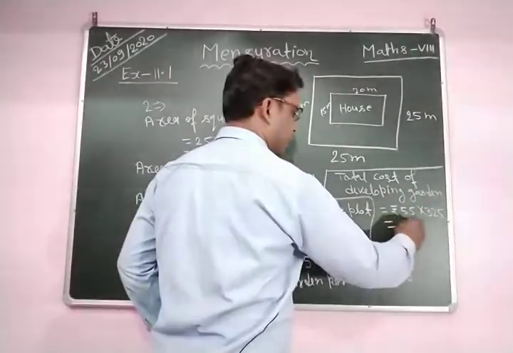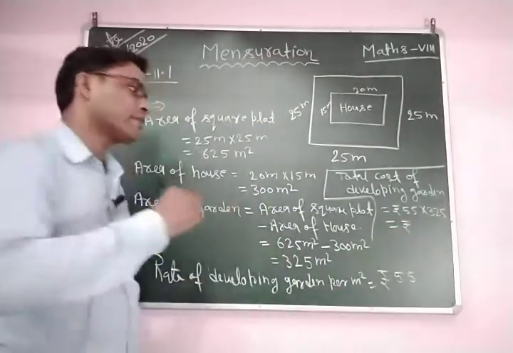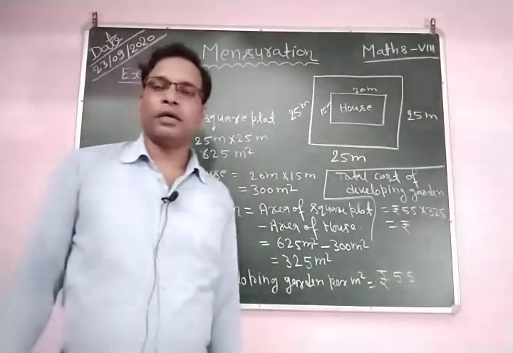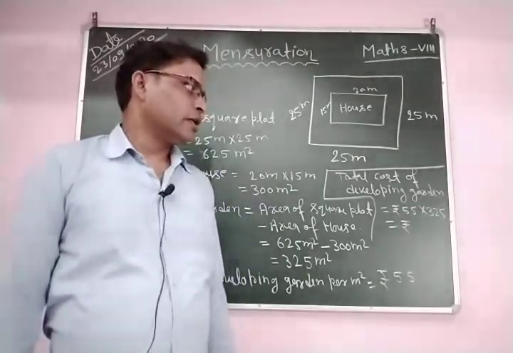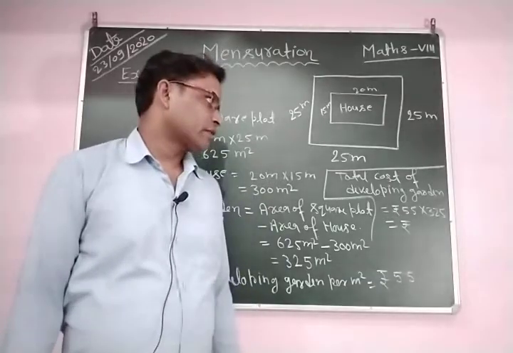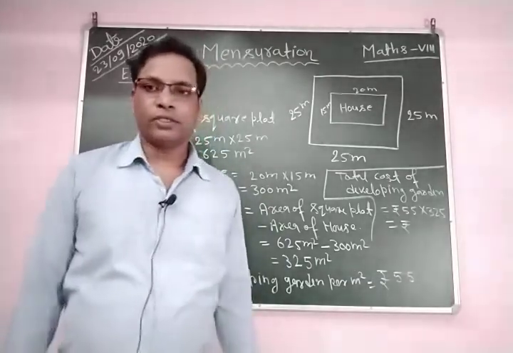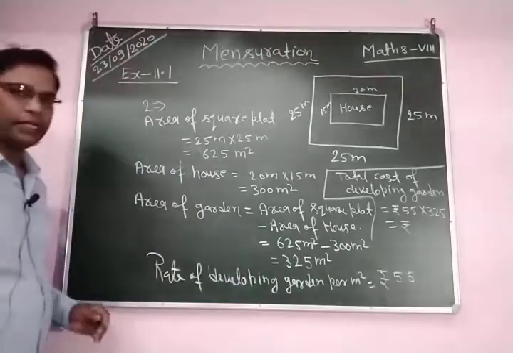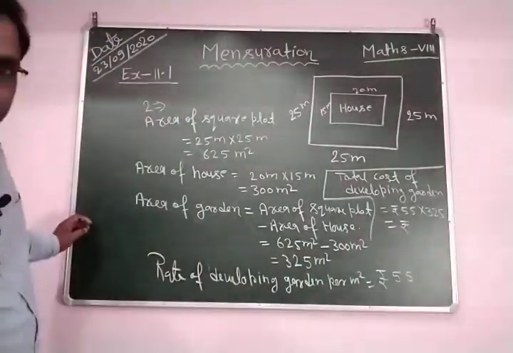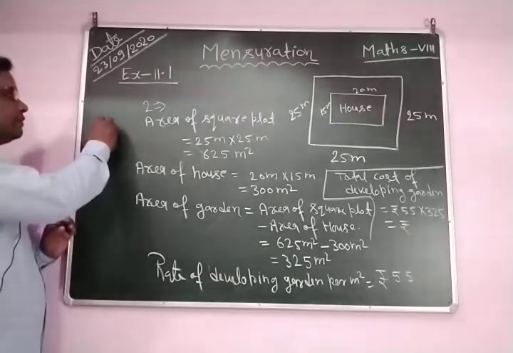If you multiply 55 rupees by 325, then you obtain the total cost of developing the garden. So how can we find it? Let's see, here we multiply, and first we write 325